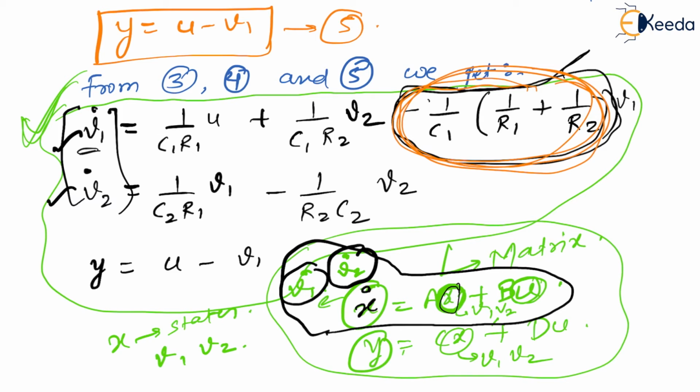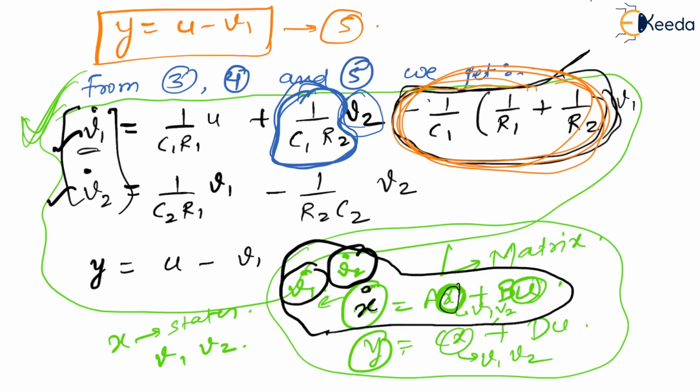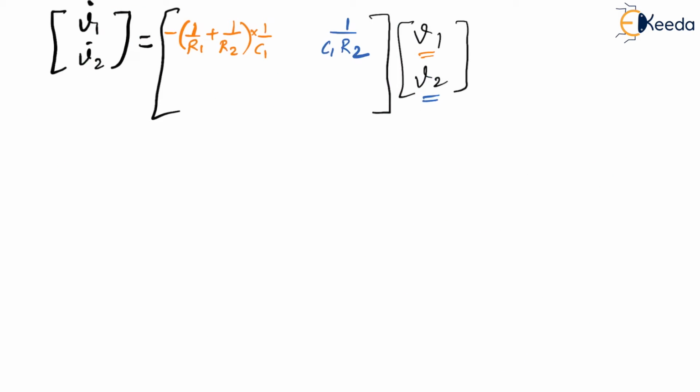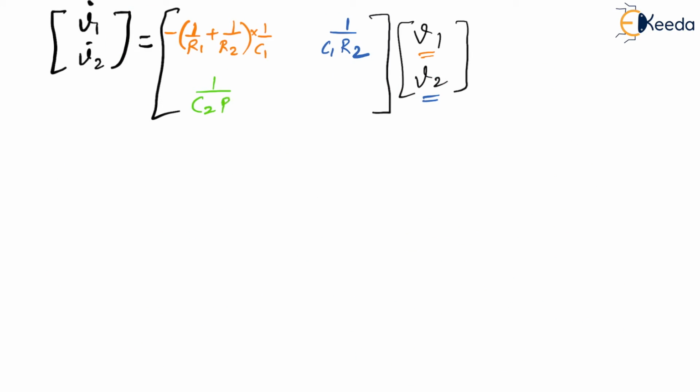Now what is there with V2 here? With V2 we have 1 by C1 R2. So, because this is V2, plus 1 by C1 R2 has to come here. Now if we think of V2 dash, with V1 what we have is 1 by C2 R1, so 1 by C2 R1 will come here,